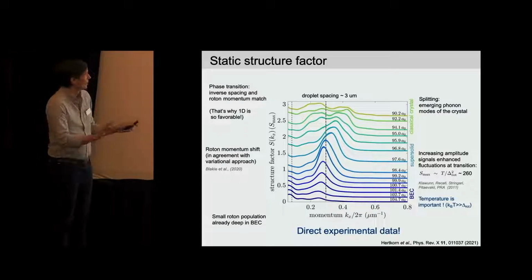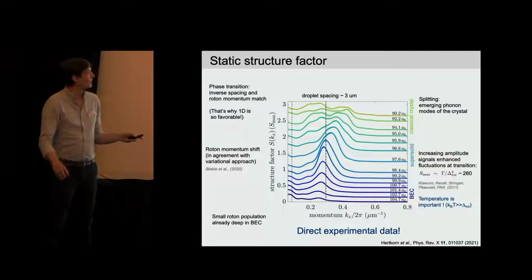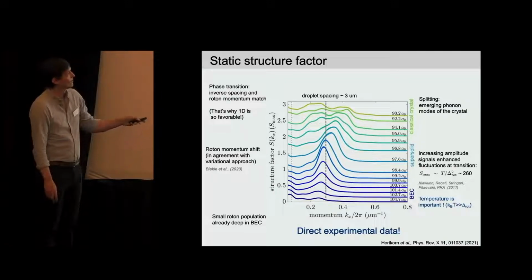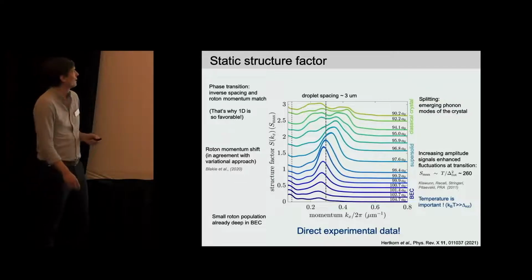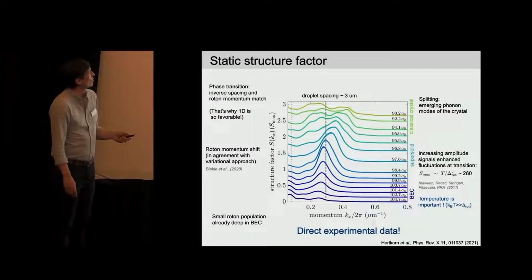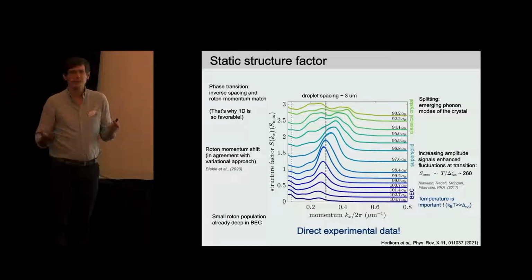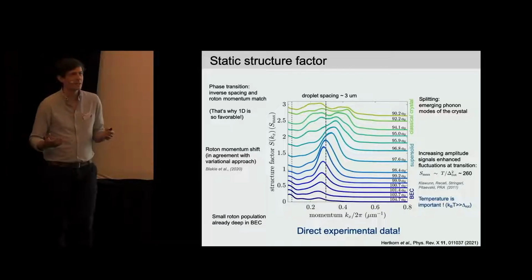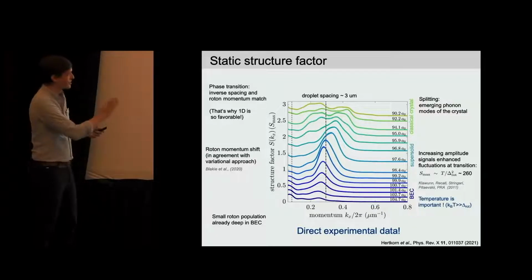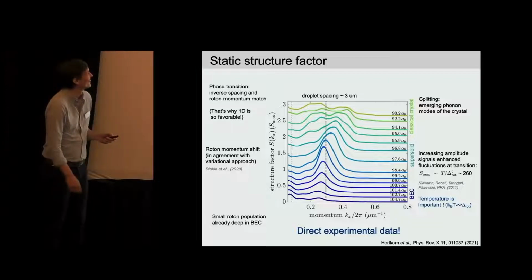Yeah, so for now, this is just experimental data, no analysis yet. Down here is a BEC, supersolid, and then the classical crystal. I should actually go back once. This has not been calculated before. This is incredibly hard actually to calculate. So if you want to do it, here's the data to compare to.